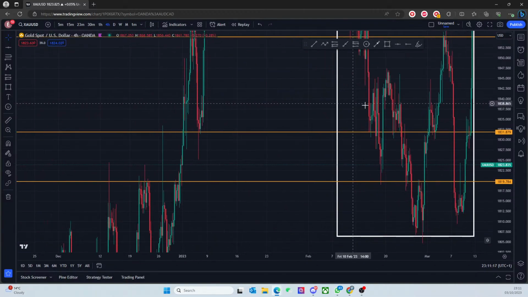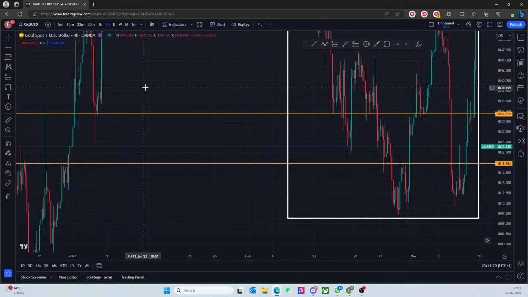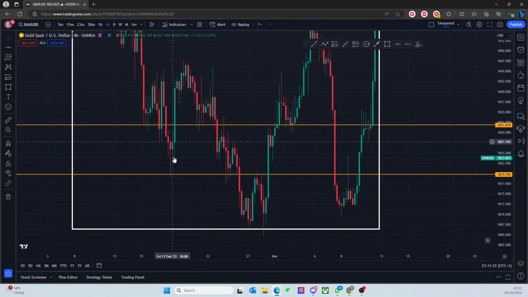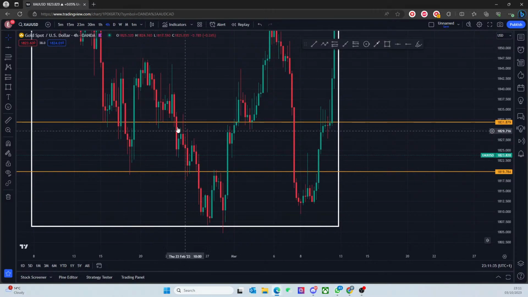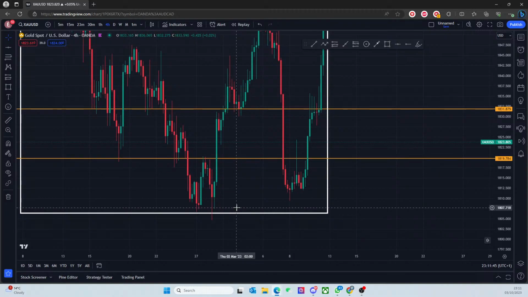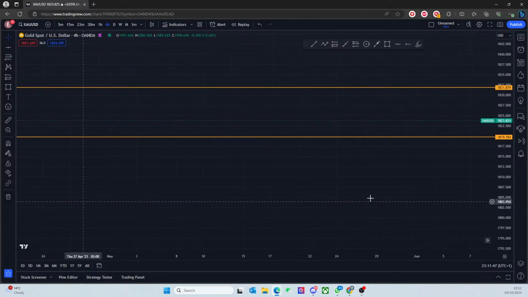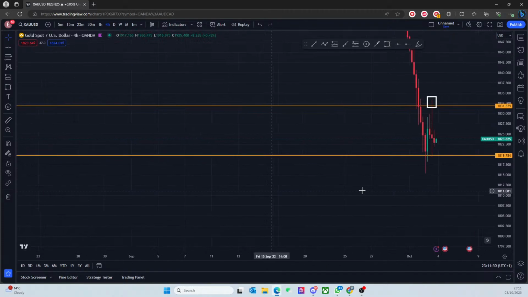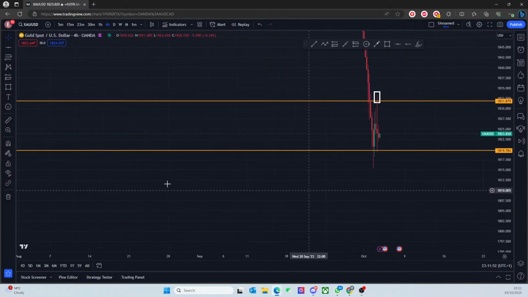So what was the last time we ranged in this sort of area, right? In here, we kind of ranged here, but then we drove all the way back up after testing 1819. So since we've already tapped 1819, we could be going up, right? So I can't necessarily get sells here. If we're looking to mirror this potentially, it needs to tap down to 1819, but it also taps 1831. So it could be a sell just all the way down to these sorts of areas. So that's what I mean when I say price does have enough short-term liquidity to start driving down.